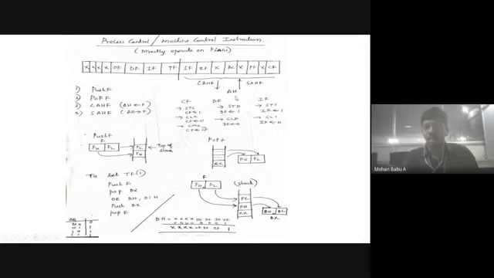If you want to copy the data present in the external register to the flag register, we use the store F instruction. F stands for flag register. If you want to copy the data from the flag register to the external register, we use load F. If you want to copy the data from the external register to the flag register, we use store F.